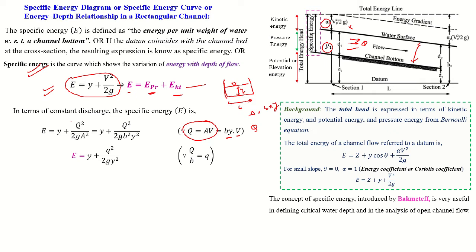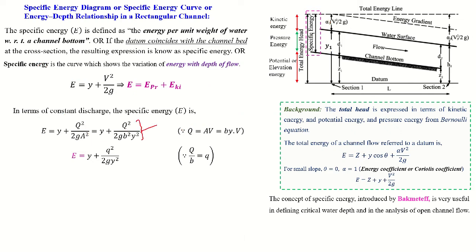So now in this condition, can I write this equation for a given discharge? For a given discharge, the specific energy becomes like this. And if you simplify this equation, you will get this. Now take a rectangular channel like this, of depth y and having the total width b. Assume this width is, suppose, 10 meters. The b is your 10 meters.